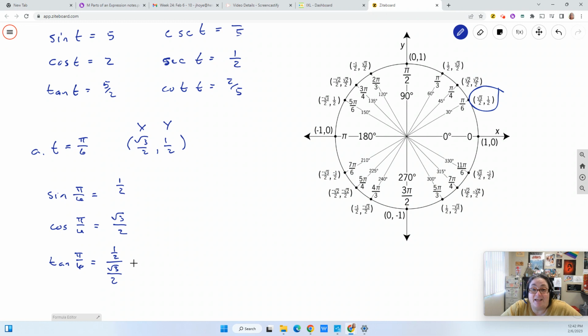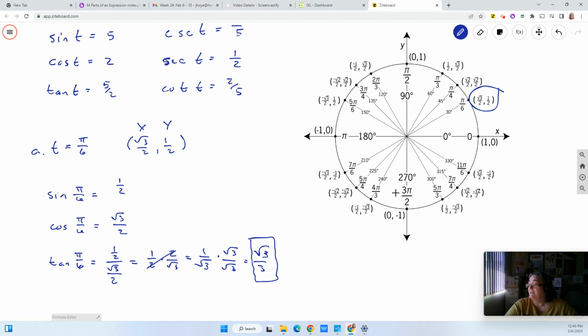And we can't leave it like that. So we would go 1/2 times 2 over radical 3, right? We multiply times the reciprocal, and these cancel and we get 1 over radical 3. But guess what? Can't leave a radical in the denominator. So we would have to multiply this times radical 3 over radical 3, and we get rad 3 over 3. This would be our solution. So this is why I said it's like,